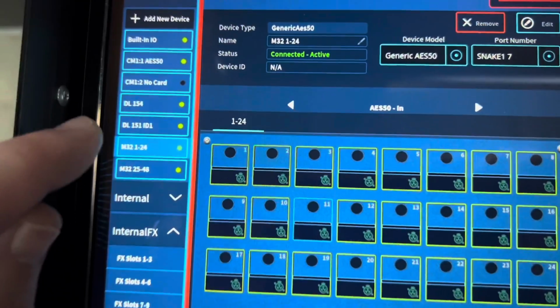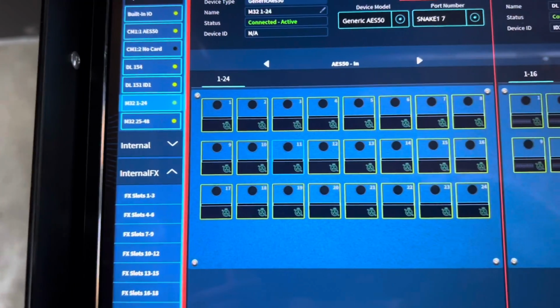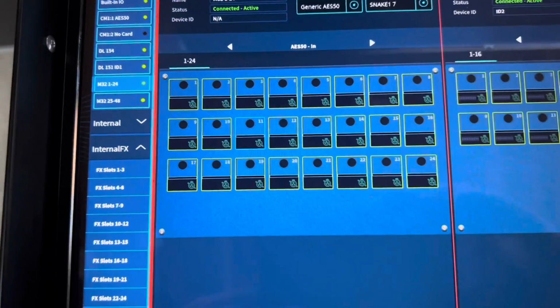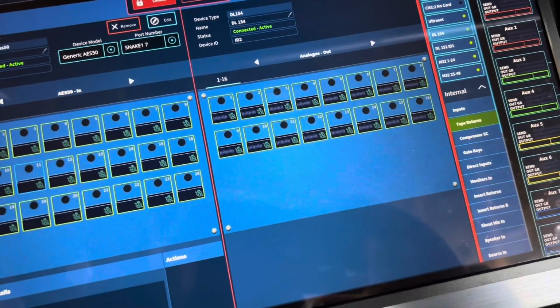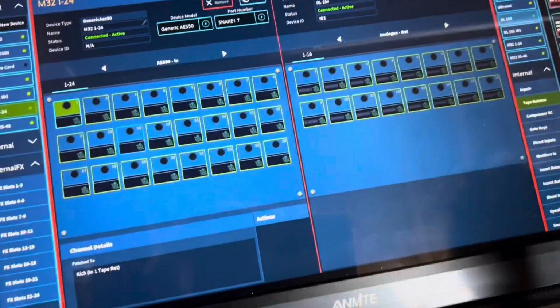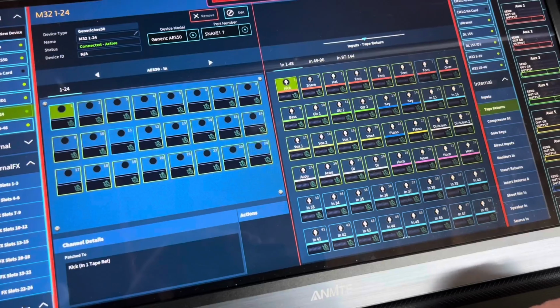So we went ahead and just named these M32 1 through 24 and 25 through 48. So these will be the outputs from the M32 core. So make sure we're locked here. So I'll go ahead and hit here. Our first channel is being returned to a tape return. So the tape return, which we can just go to where you can see it, is going to be returning to our virtual sound check on the